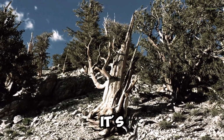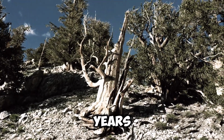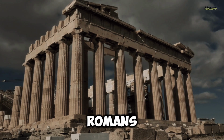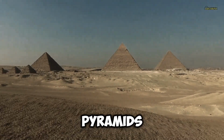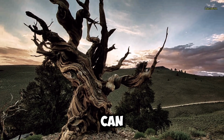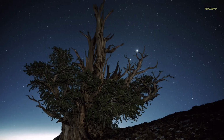By all accounts, it's been kicking around for an astounding 4,854 years. For reference, this makes Methuselah far older than the ancient Romans and ancient Greeks, and even makes it older than the ancient Egyptian pyramids. This type of species is known as an extremophile. It means that it can withstand extremely cold temperatures, dry soils, high winds, and short growing seasons